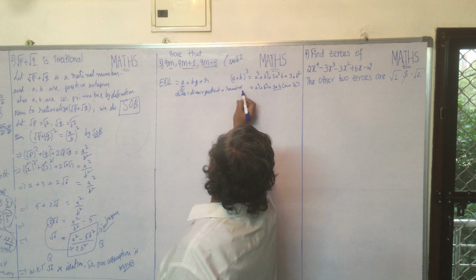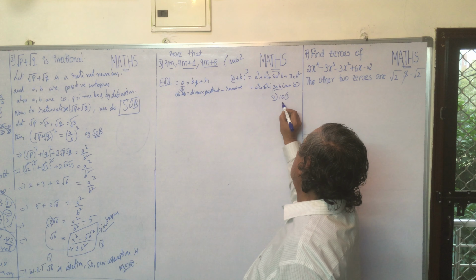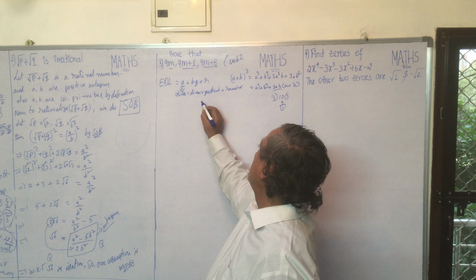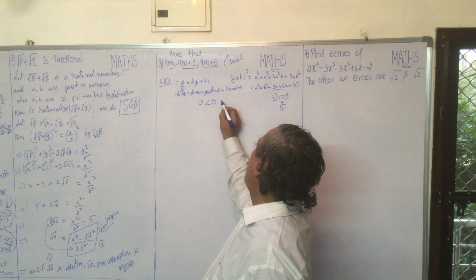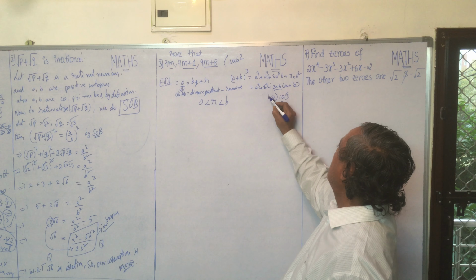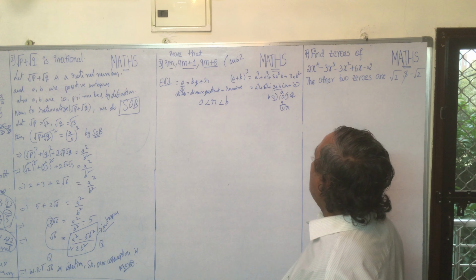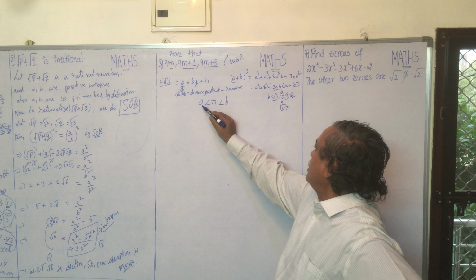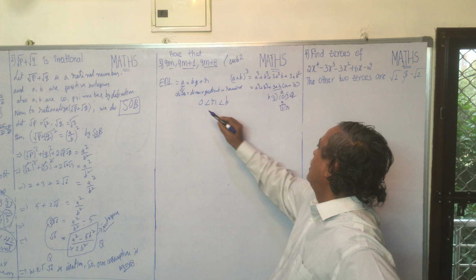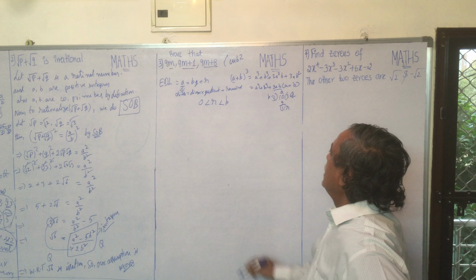We can observe this: here 3 is the divisor and 1 is the remainder. Here the condition is there. What is the condition? 0 is less than or equal to r, and r is less than b. This is b, this is a, this is q, this is r. Always r is greater than or equal to 0 and b is greater than r. There is a condition you should observe.